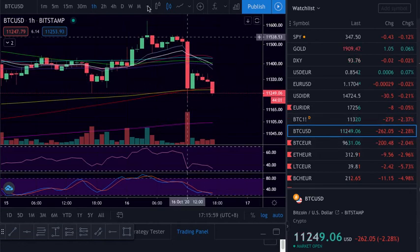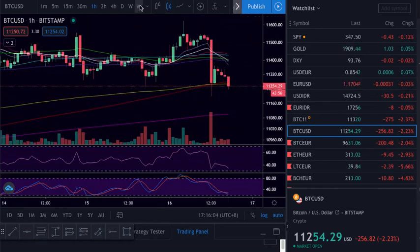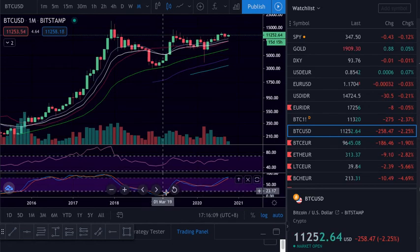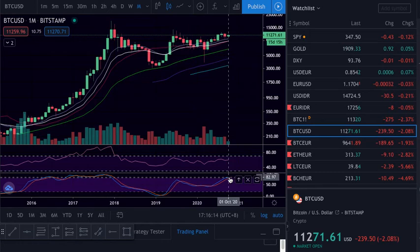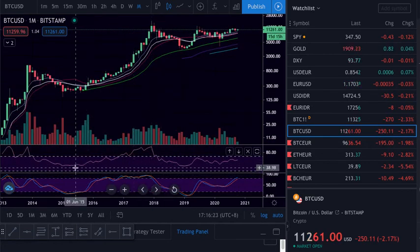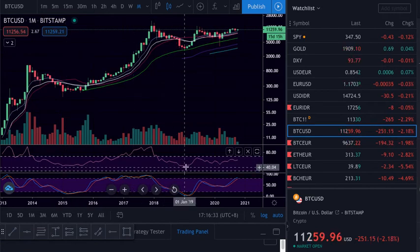Okay, so this is Bitcoin for daily trades. Remember that if you're an investor, you need to buy on the monthly. Look here. This is not a place to invest when the market is here. You can do it with a stop loss, of course. But as an investor, you need to look at the chart and see where are the points in the market as support. See, as you can see, on the RSI it's here from 2015, and then here we came to the same spot